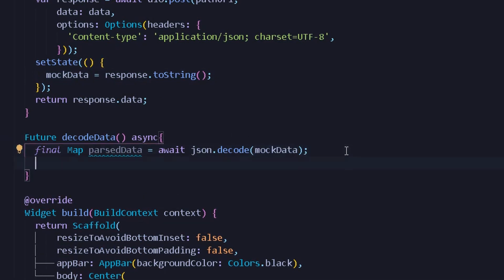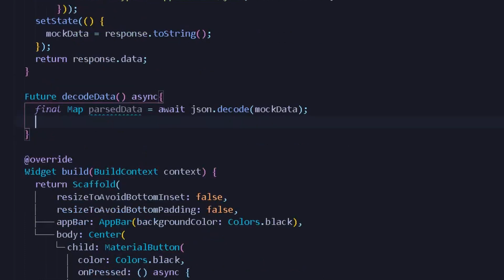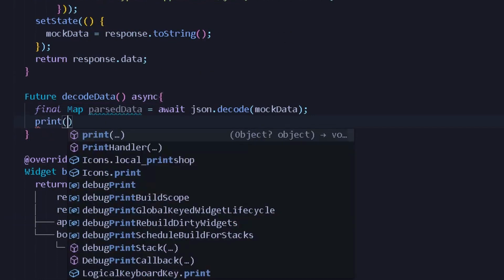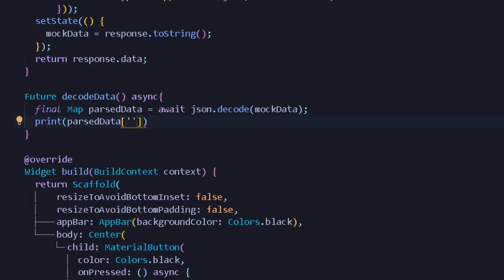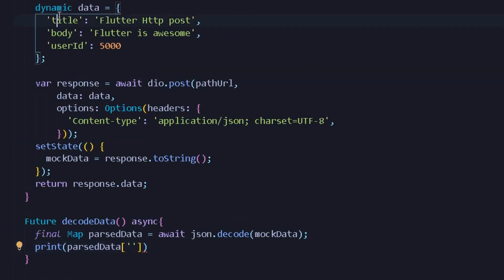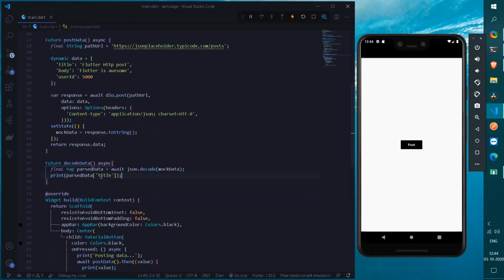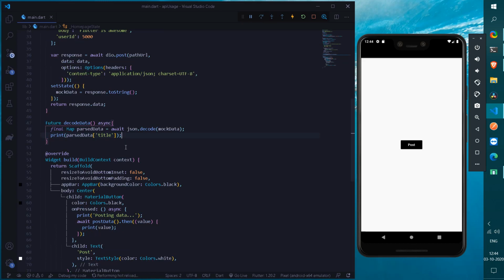Now after getting all the parse data from our map, we can now start getting all the parse data, which is a simple string, and the string shall be under a mapping of string and dynamic. So here I can simply print the following parse data, and from the parse data we will be getting a title. So here if I provide a title, now we have completed all the decoding method that we will be requiring. Quite simple, isn't it?